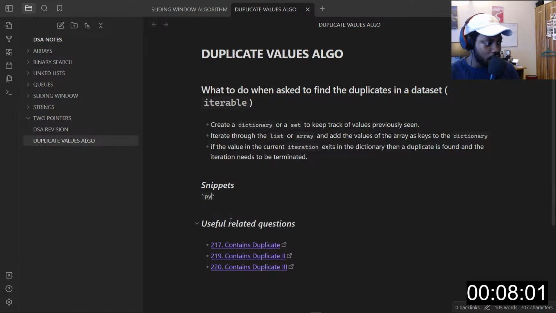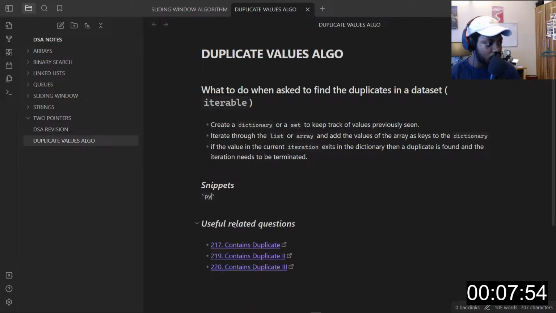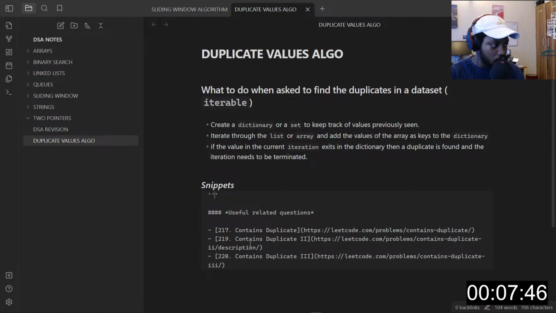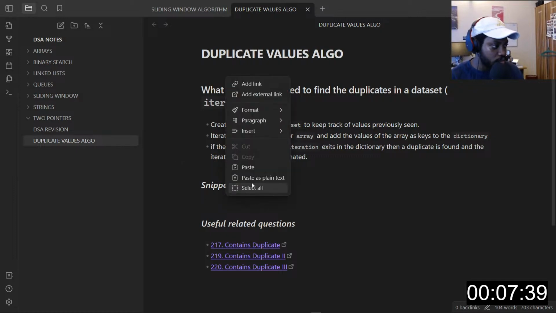Hold on, I've forgotten. Anybody knows how to use Markdown here? How do you do this? Okay, this is not what I was planning to do. You know what?